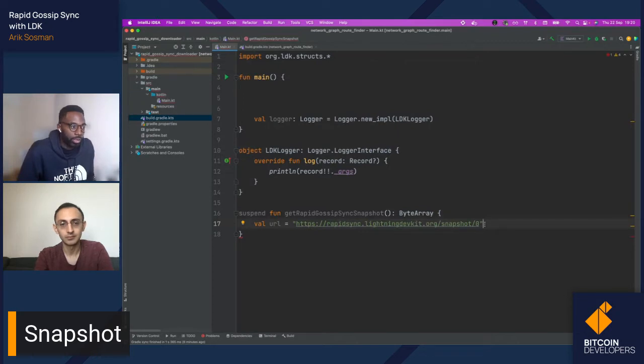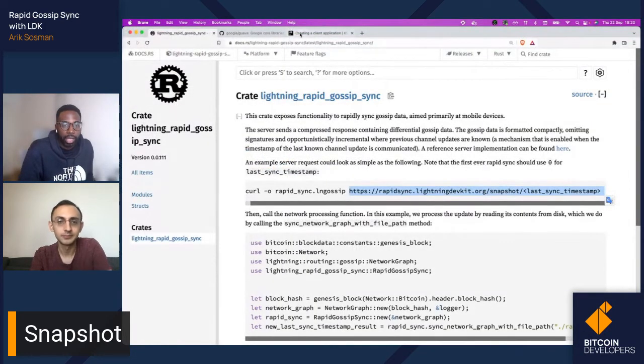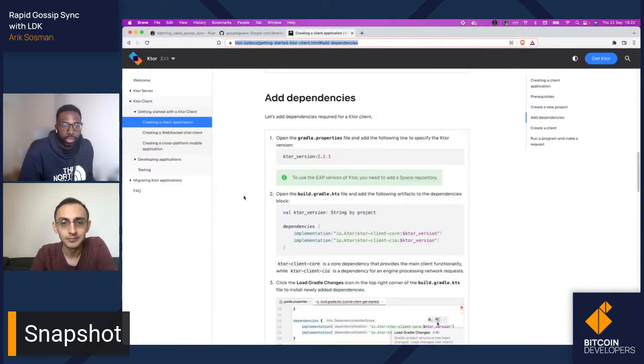So I've got my URL, and I'm going to need a way to make basic HTTP requests to this server. I guess that's a question of whether Kotlin is as verbose as Java. Do you need a buffered input stream reader that wraps whatever else? I've been using something called Couture, which seems to be an easy way to do this.